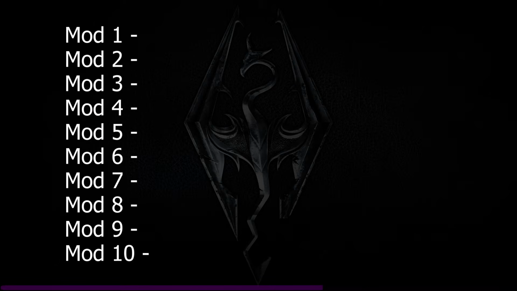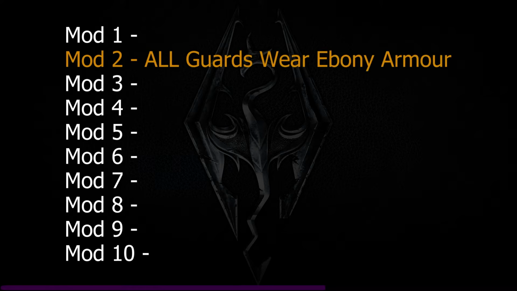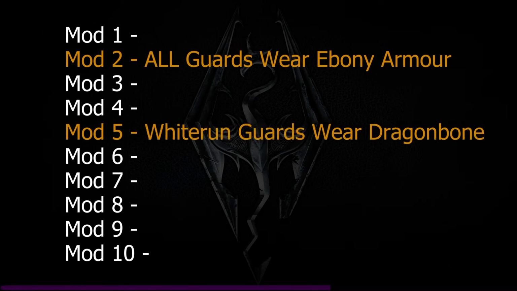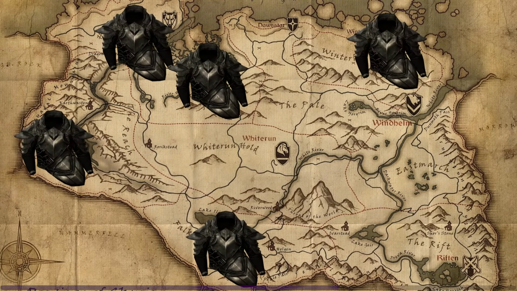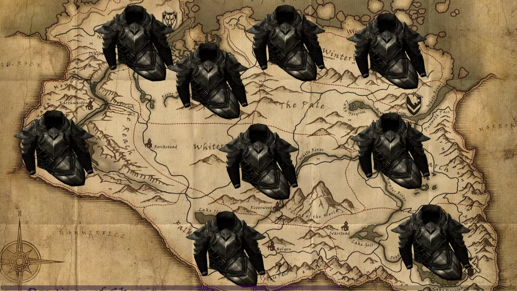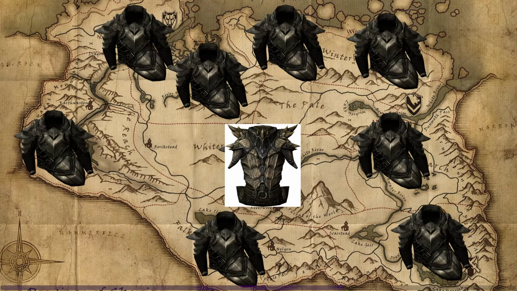For example, hypothetically, mod number 2 changes all guard uniforms in the game to ebony armor. Mod number 5 changes the Whiterun armor to Dragonbone armor. Number 5 loads after number 2. All guard uniforms are changed to ebony armor at first. Then mod 5 is loaded in and all Whiterun uniforms are changed to Dragonbone armor. The result is a combination of the two. All the guards will be wearing ebony armor except the Whiterun guards, who will wear Dragonbone armor, as this mod